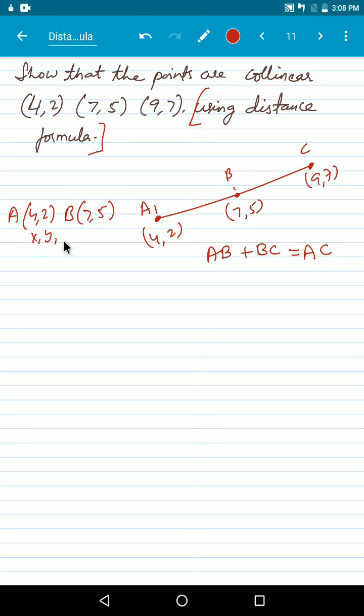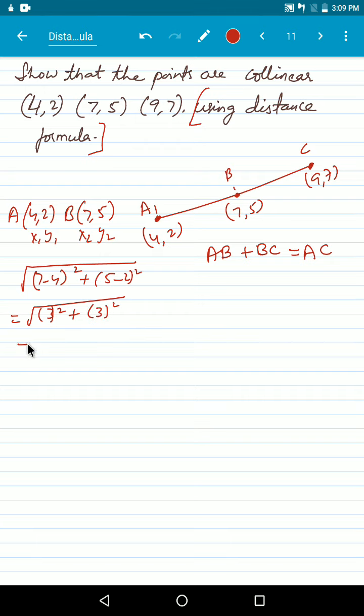x1, y1, x2, y2. Use distance formula: x2 minus x1, 7 minus 4 whole square plus 5 minus 2 whole square. 7 minus 4 is 3, so it is 3 square. 5 minus 2 is also 3, so this is 3 square. So 9 plus 9 is root 18. Root 18 we can write it as, see,